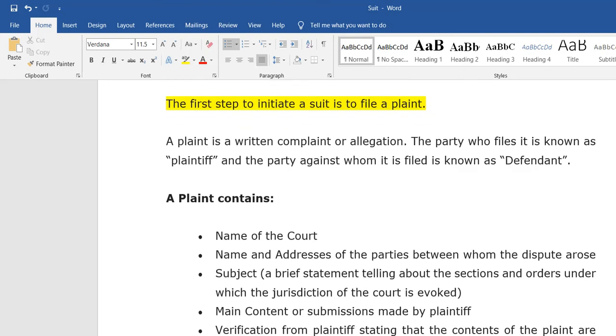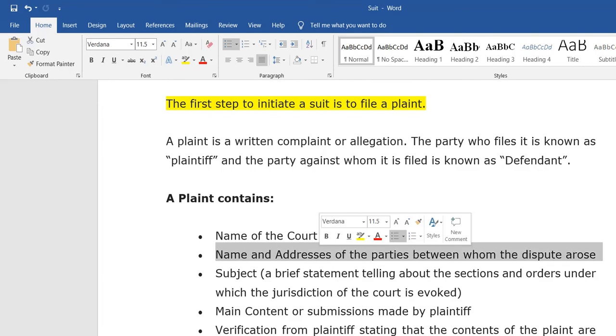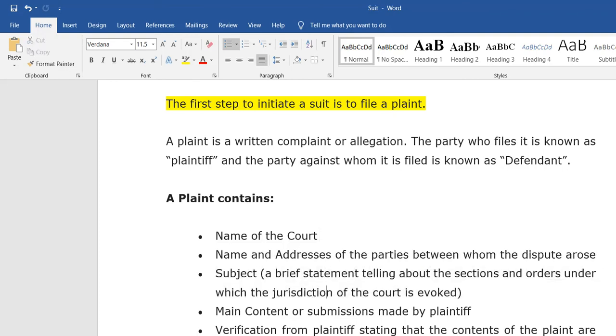First, the name of the court, and the name and address of the parties, the plaintiff and the defendant. The address is needed because once the statements are ready, they have to be sent to the particular addresses, and the defendant has to reply within 30 days of the suit filed by the plaintiff. If nothing happens within 30 days, then the plaintiff automatically gets acceptance, or the plaintiff has a success status in the particular suit.